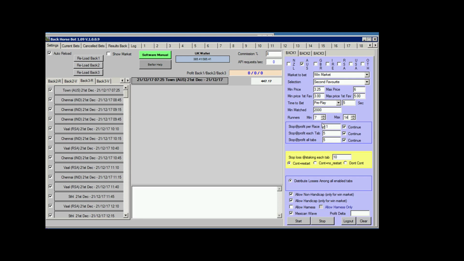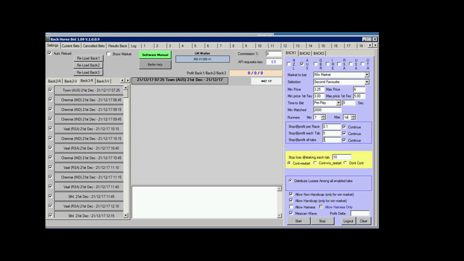The next section in this blue box here is our control on how much we want to win. So you can see there I've got 0.1. I'm only trying to win 10 cents or 10p a winning bet if I've got it like that. And I've got that ticked, so it means when I hit my profit, the staking restarts again. Okay, the next one is how much stop at a profit each tab. Now, if you have this ticked like I have here, these figures in here don't really matter, because it just means the bot is just going to continue betting